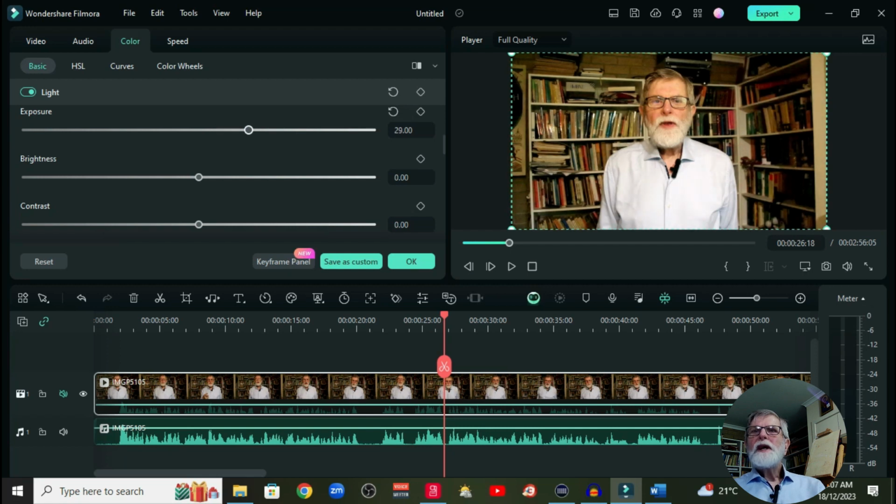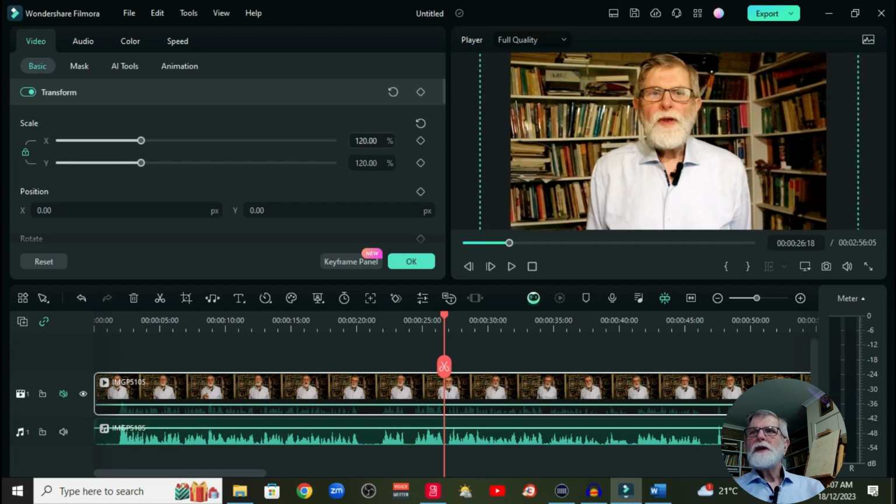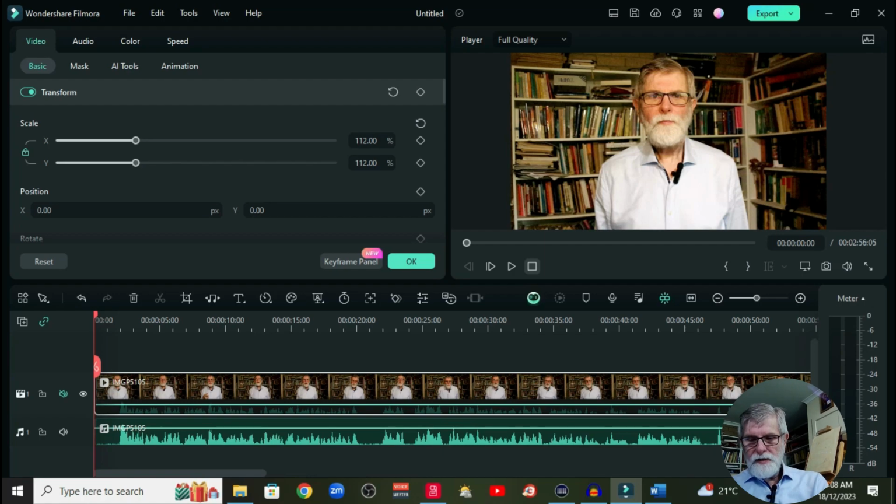That's brighter. I think also I want to cut out all that bit. I want to make it a little bit larger, so I just increase the size a bit. Just check that that's not too pixelated, and we can look at the